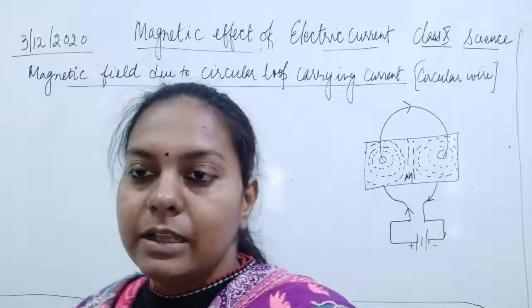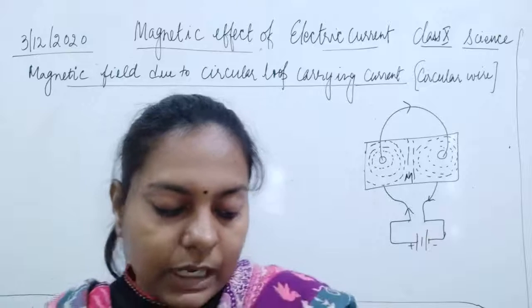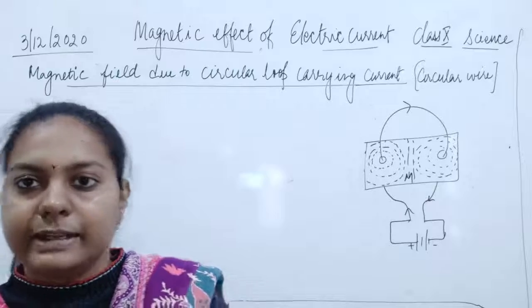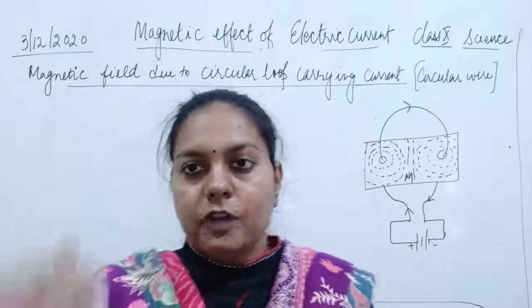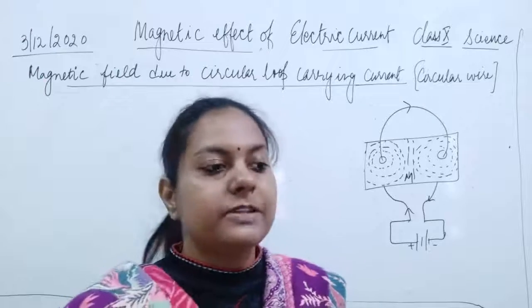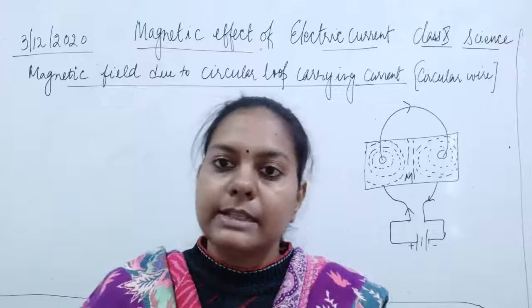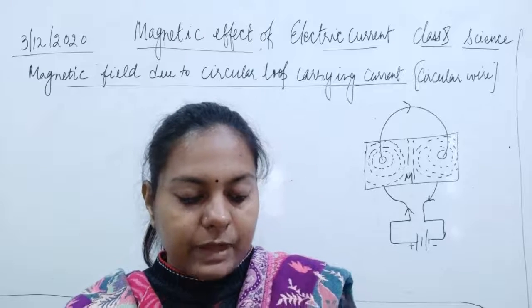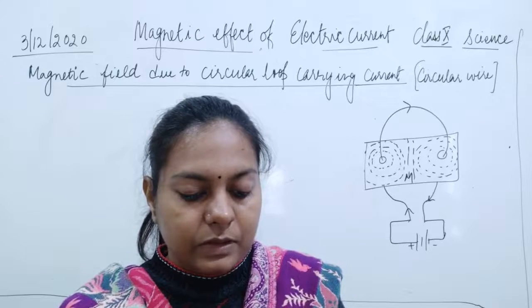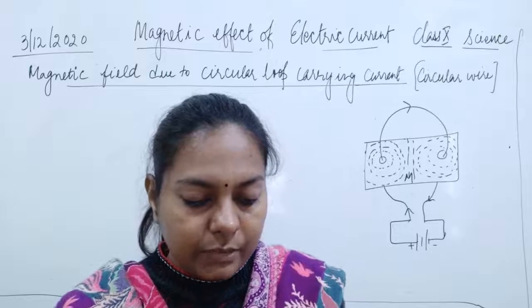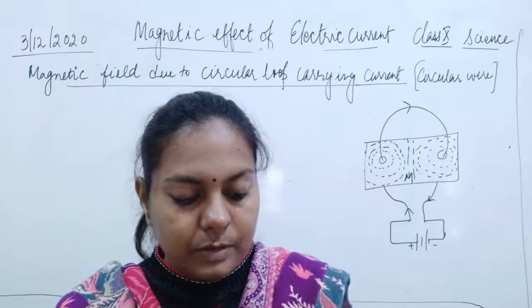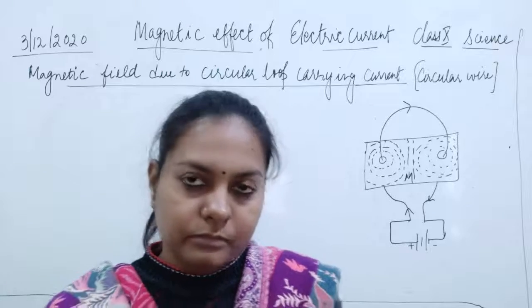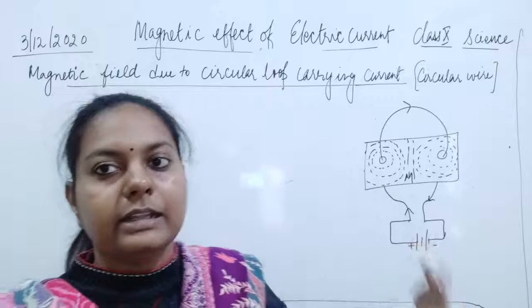Now what is written here in your book, I'll just read it out. We know that when the current is passed through a straight current carrying conductor, the magnetic field is produced around it. Yes, isn't it? As soon as current flows in any straight current carrying conductor, you can see that it follows Maxwell's right hand thumb rule. It has been found that the magnetic field of the current increases if instead of using a straight wire, the wire is converted in the form of a circular loop, and the circular loop is fixed to a thin cardboard sheet, like I just fixed it here and showed you.